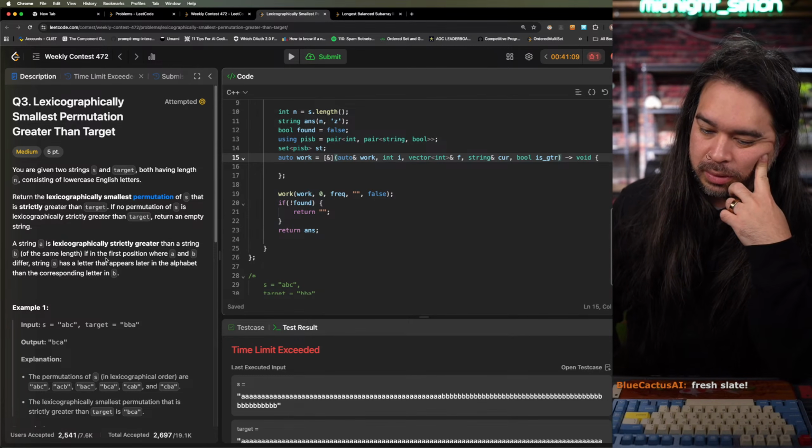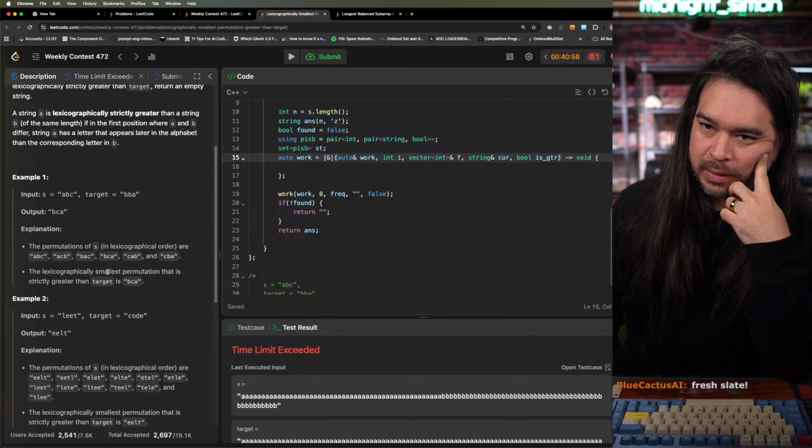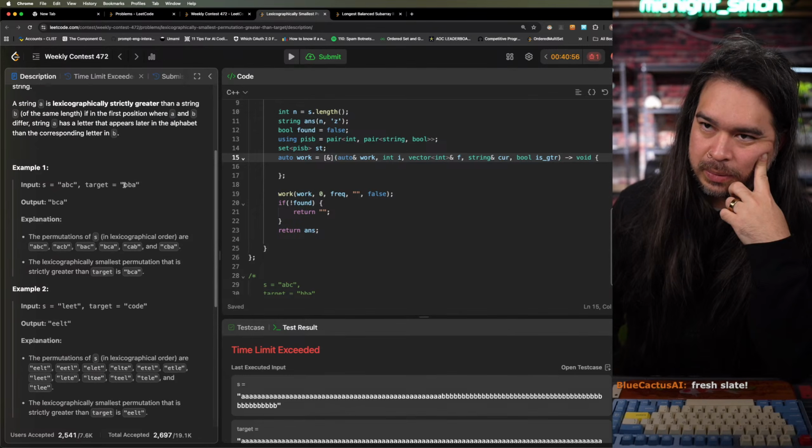Then we just need to sort the rest of the characters that we have not selected. So in that case, as soon as we hit an index,